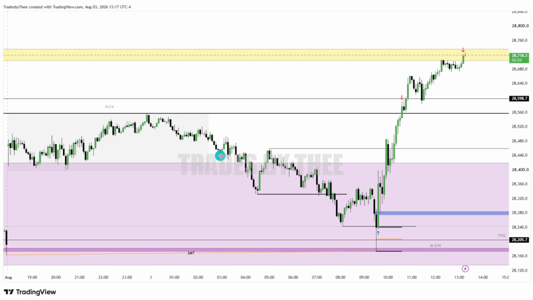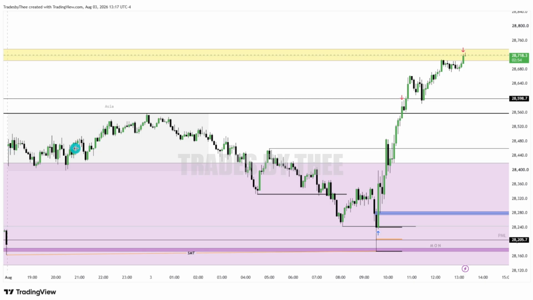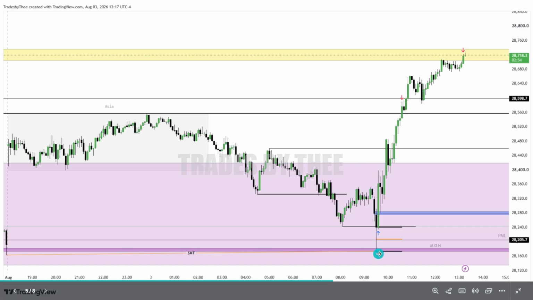So let's look at this execution. First, we have the Asia, which is where we're focused on. Two, note that we are inside a new week opening gap, which also happens to be a new day opening gap. Price is going back into the new week opening gap. It fills it to the tick and goes almost to use this wick as a rejection. Forms the SMT with a low. Then we begin to see a change in structure,